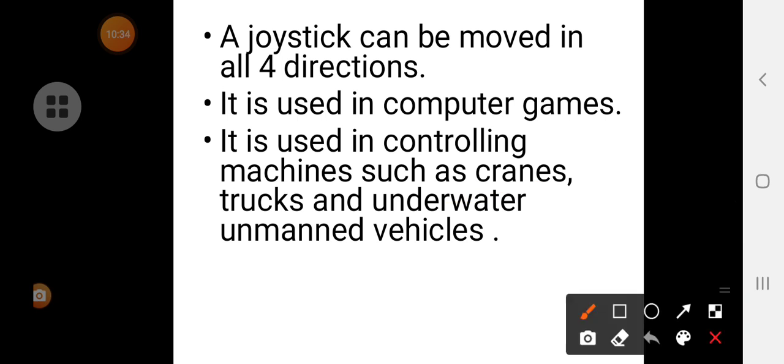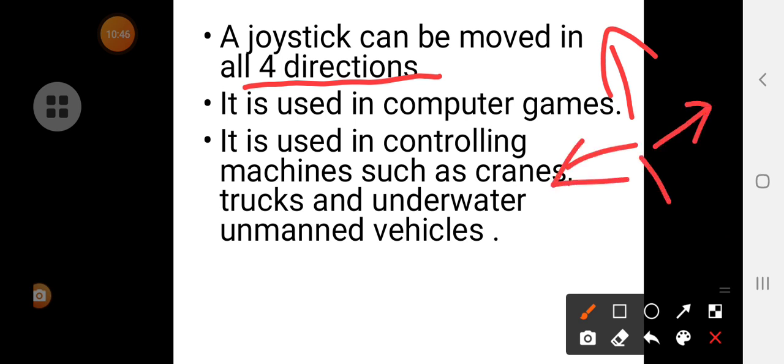See, this joystick can be moved in all the 4 directions. It is not only required to be moved in one direction, but it can be moved in all 4 directions. As I told, this joystick is used in playing games on the computer.